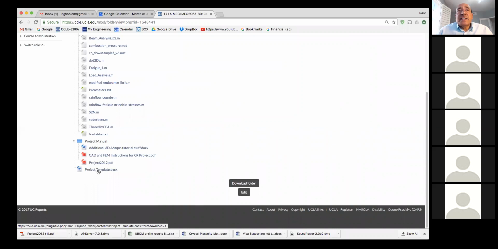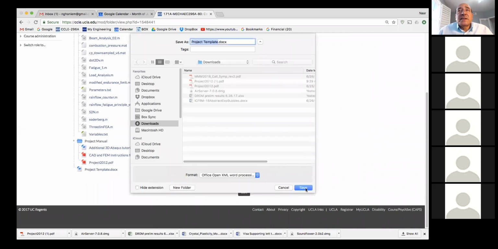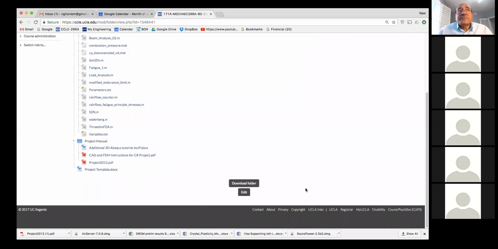And this is a document. If you download it, this is a Word document. This document is a template that will help the team fill in and make it into first a progress report, and then after the progress report, it becomes the final report.